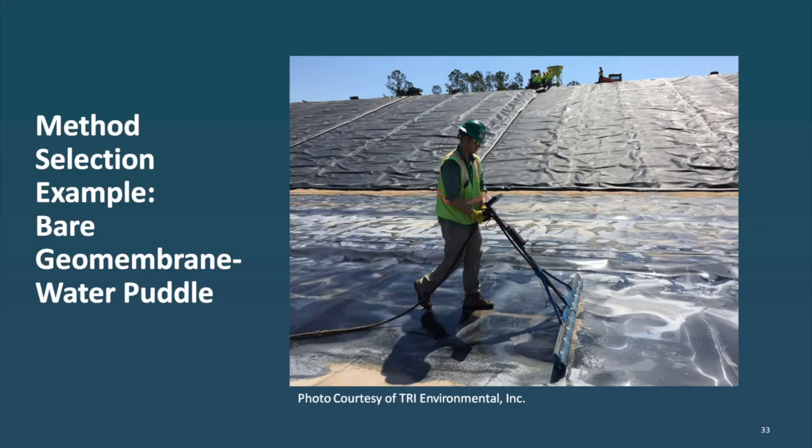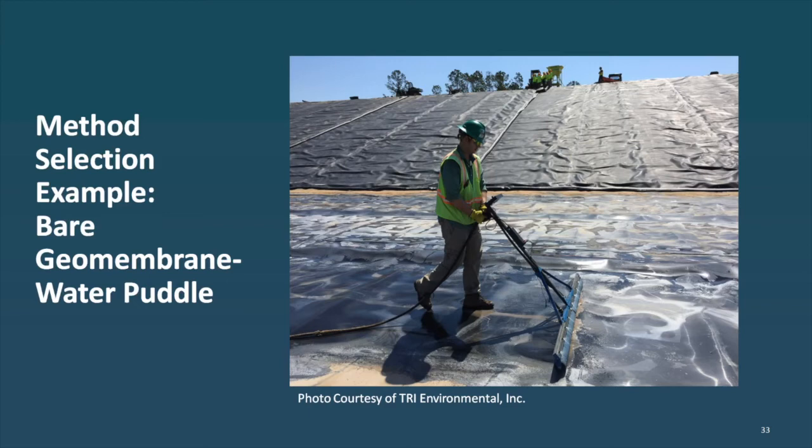So speaking of bare geomembrane methods, where the ELL contractor can basically change the method as long as they can convince the site engineer that it's the right thing to do, all of those ELL contractors who use all of the bare geomembrane methods almost universally will all tell you that the best method is the water puddle method. And I think the main reason is that it can overcome those poor contact issues. If you have something like the arc testing and you have a hole on a wrinkle, it's just not going to pick it up. With the water puddle method, we can actually add additional water, take additional time. We could step on the geomembrane and encourage the water to get through that leak,